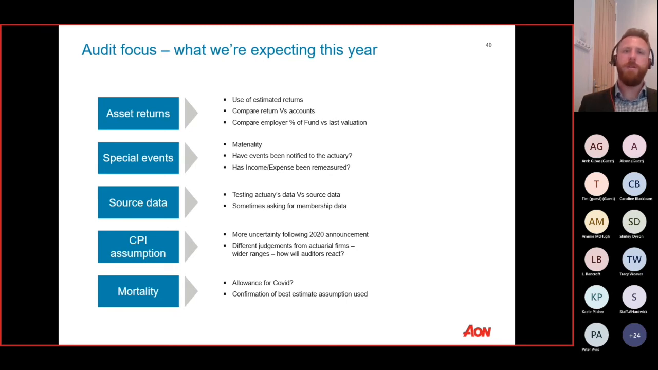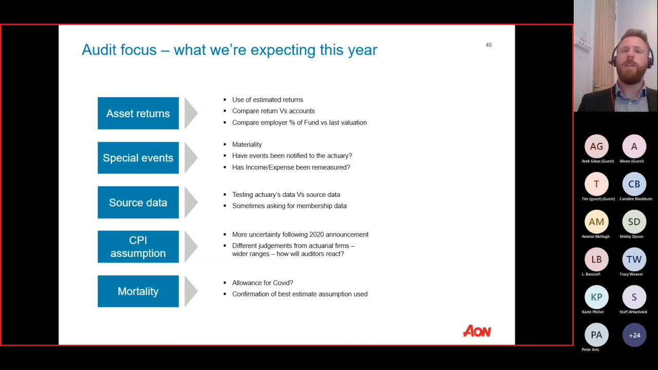Next item is special movements, special events. Auditors generally want to know if there's been any events over the year which we've not been informed about. We only allow for anything that you ask us to include. So if there's been anything that's occurred over the year that you're telling your auditors that we've not been told about, then the auditor might be questioning that, and they might ask for the materiality of that event and ask us to do an analysis to figure out whether or not that needs to be allowed for in your accounting